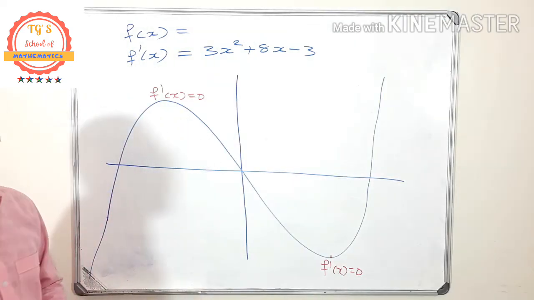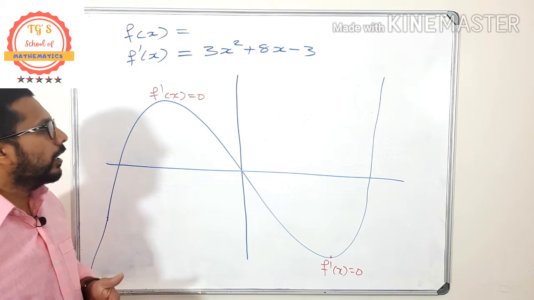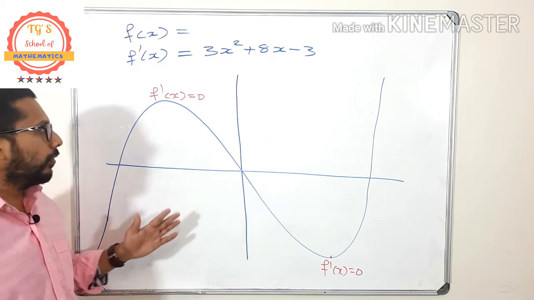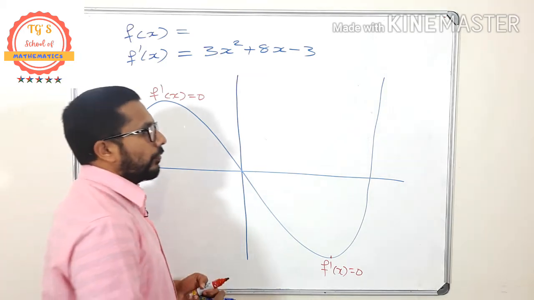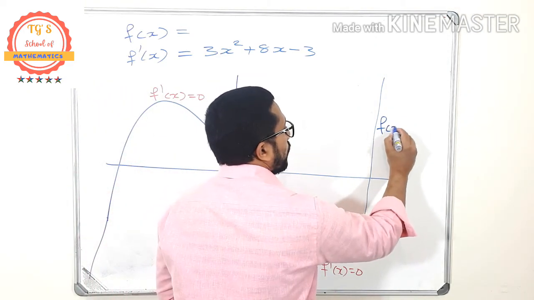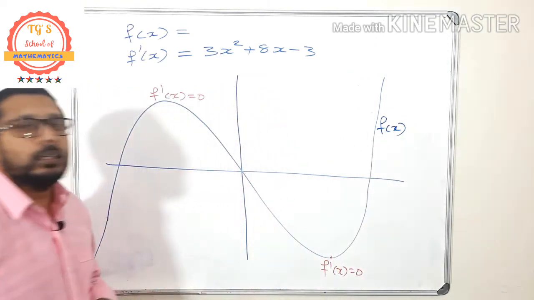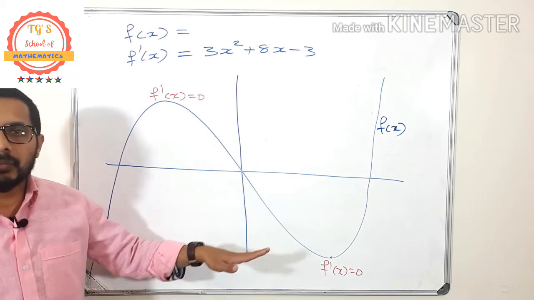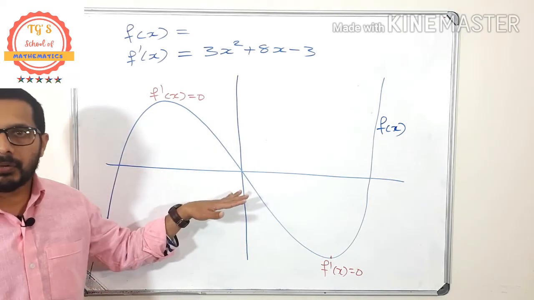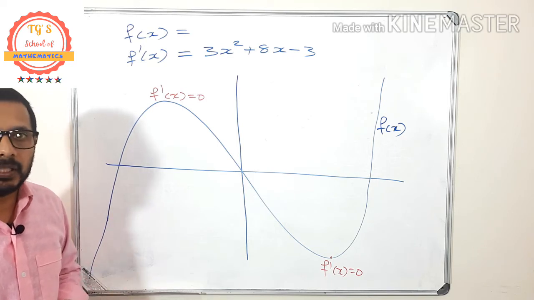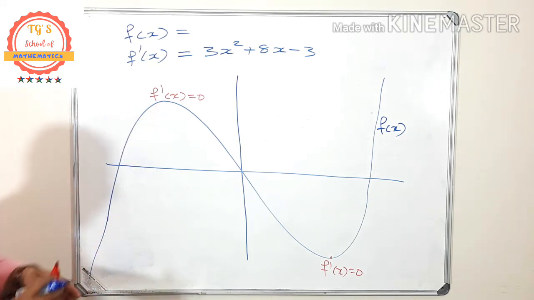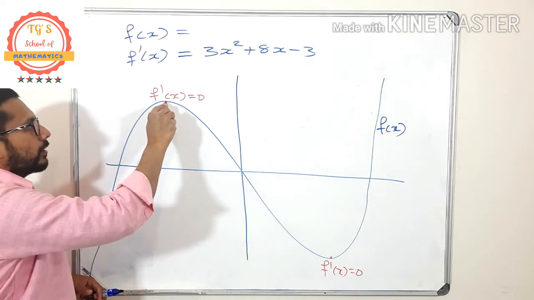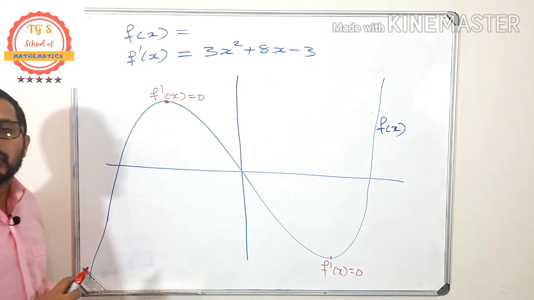So that's all we want for this question, but let me explain something more that you want to study. In this graph, you know that this is our f of x graph. Don't think about how I get this graph. This is just a rough graph. I just want to explain something, that's all. Here I told you these 2 points, this point is a stationary point or the turning point.